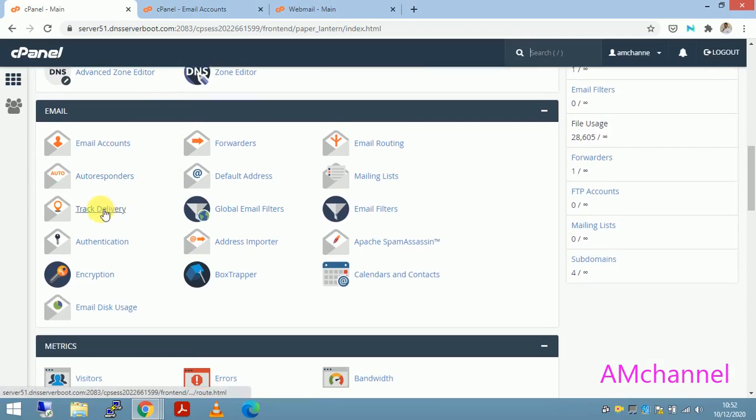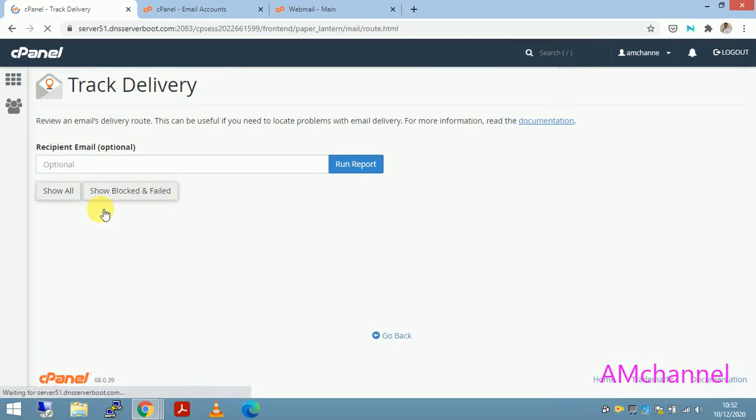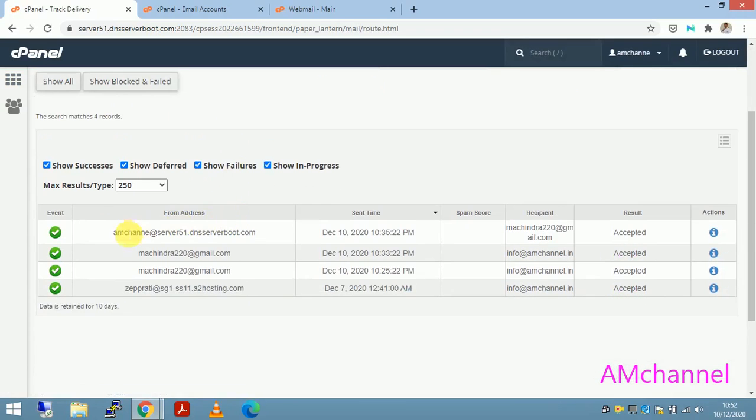So go to Track Delivery. Here you can see this green check is a successfully sent or received email address, successfully received emails. If there is any yellow mark or any red mark, those are the emails that we have to check if there is any problem with them.